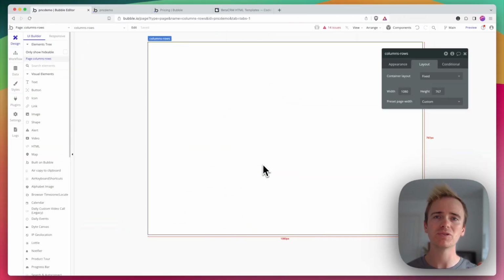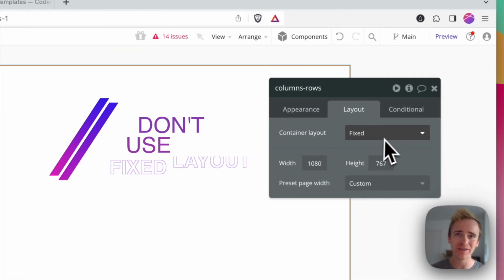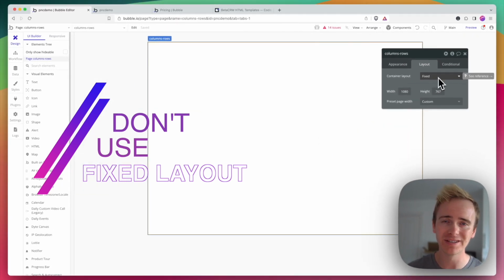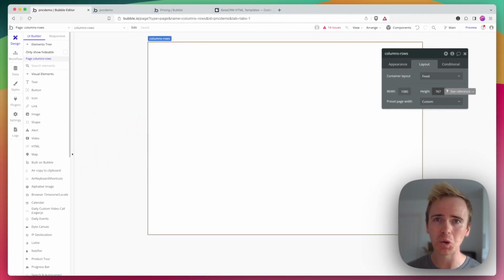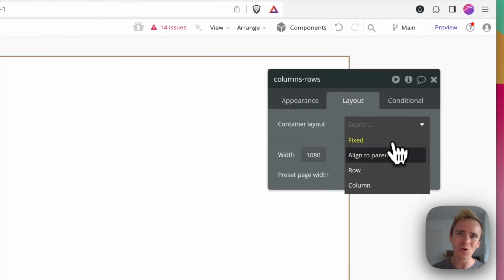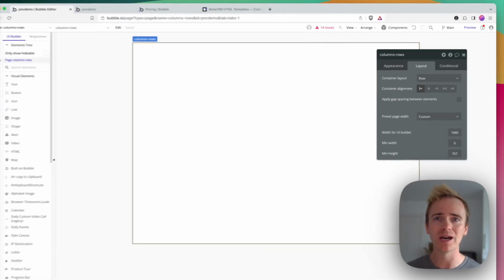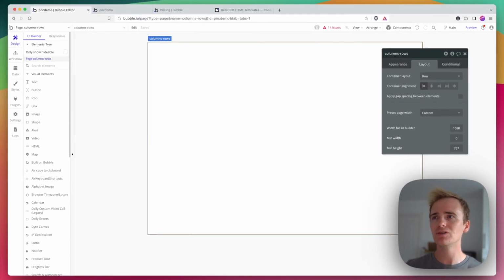My third Bubble tip is about design, and that is a plea. Please, please, please don't use fixed layout as a container layout for your groups or your pages. If you're doing anything more than a quick mock-up or a test page or an experimentation, please always use rows and columns. And that's simply because when it comes to making your app responsive, or it comes to trying to